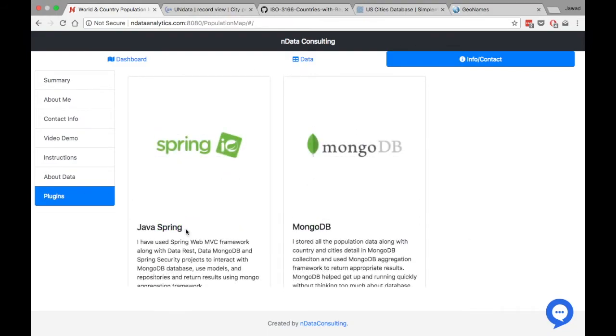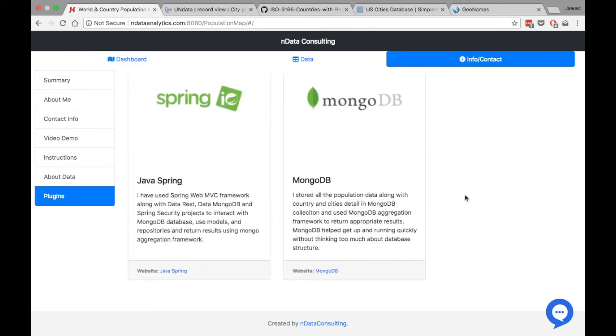In addition to this, I've used MongoDB as my database and Java Spring for my backend and REST API. You can find the links for the dashboard in this video's description, along with a blog post containing detailed technical information about this dashboard